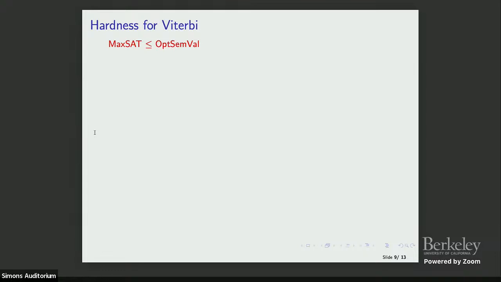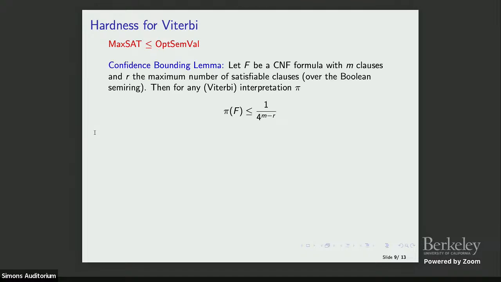MaxSAT is the problem where you're given a Boolean formula in CNF and you want to compute the maximum number of satisfiable clauses. It is known that this is FP^NP[log]-complete. So you take a problem that is FP^NP[log]-complete and reduce it to this. One of the interesting lemmas that came out of this is the following lemma, which says that if I have a formula in CNF